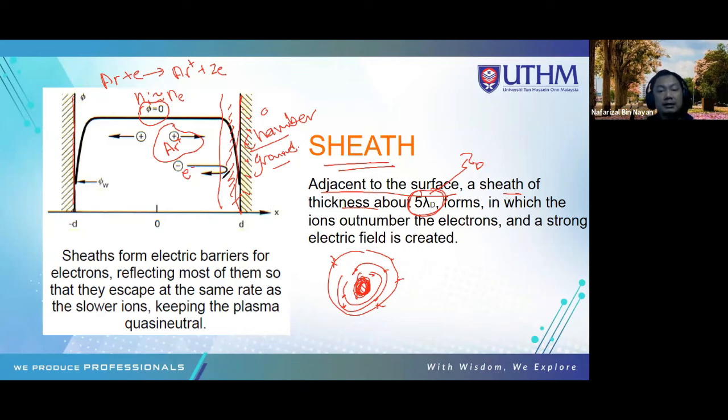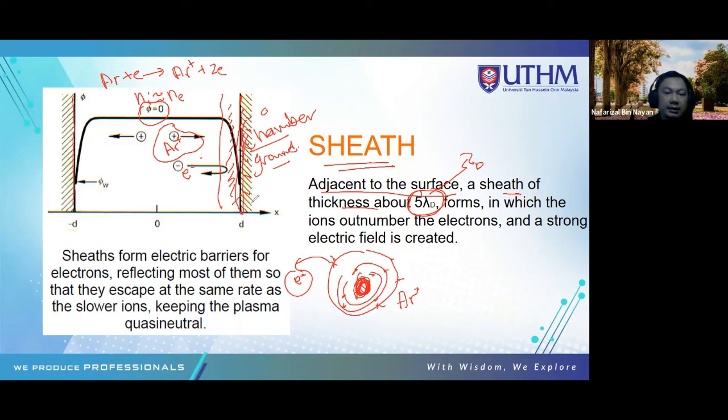So if we have the argon ion here, the argon ion is because we have one electron go out. So that's why we have the argon ion here. So this is the electron. This is the argon ion. So the argon ion is much heavier and much larger compared to the electron. So you can see because the electron is much smaller, it will go very fast to the ground, and it will make the ground become negatively charged. Okay,